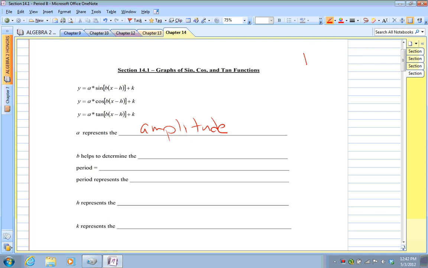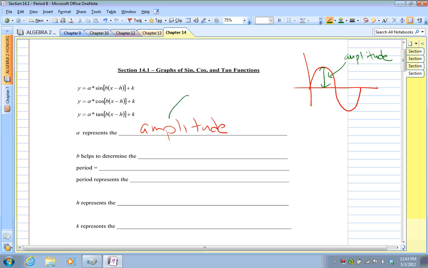A represents the amplitude. And I'm actually going to draw a general curve. So this right here is an example of a sine curve. And we'll actually plot the points. If you were to plot the points, it would look like this. Cosine will be somewhat the same, but not quite. The amplitude will be this. So it's simply the vertical distance